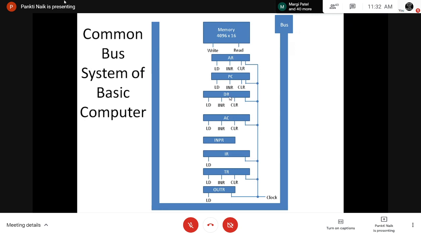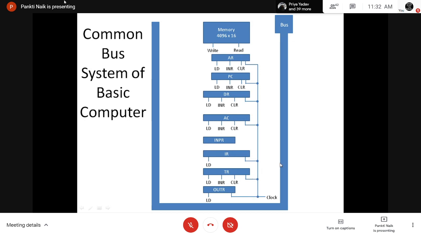Right? If we show wires for data transfer from one register to another, the total number of wires to set up the connection between each of the registers will be a lot, and it is not a very efficient scheme, right? So instead of doing input and output connections between each and every register, we design the common bus system, right? So this is the efficient scheme for transferring the data between each and every register.